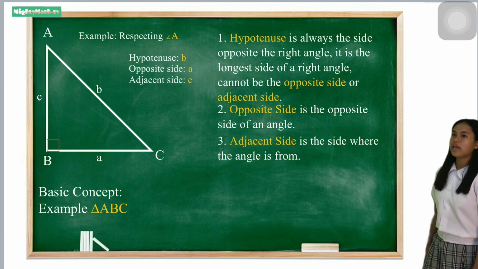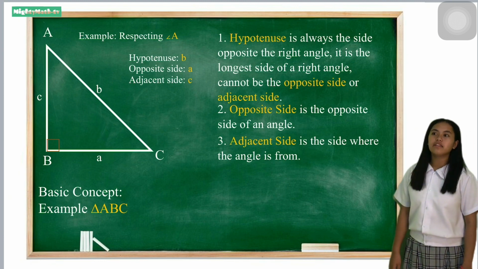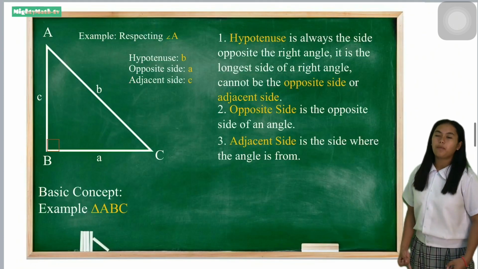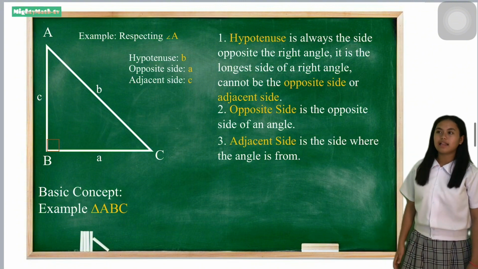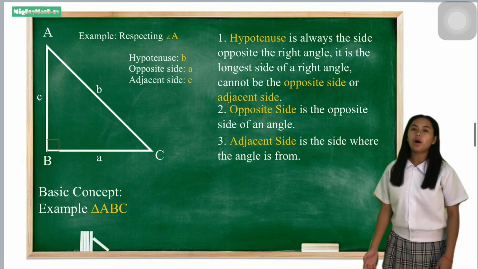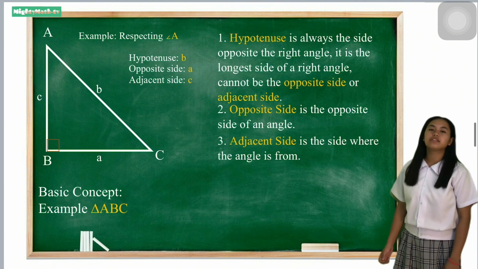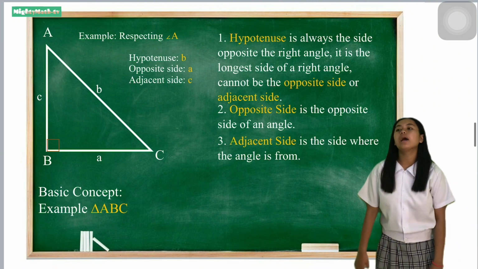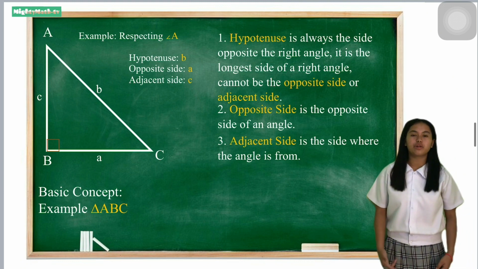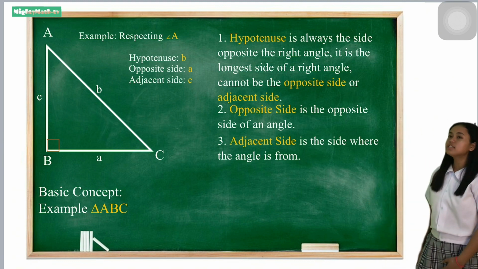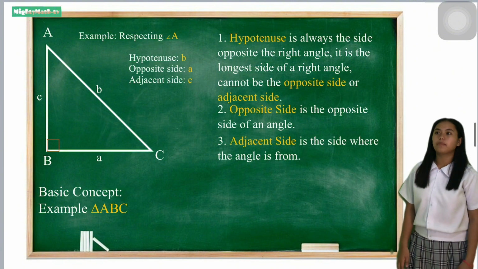Let's take triangle ABC and identify the hypotenuse, opposite side, and adjacent side with respect to angle A. For angle A, the opposite side equals a, the adjacent side equals b, and the hypotenuse equals c. Now that we know what right triangle trigonometry is, let's have Austin Jan Dulay for the basic concept of